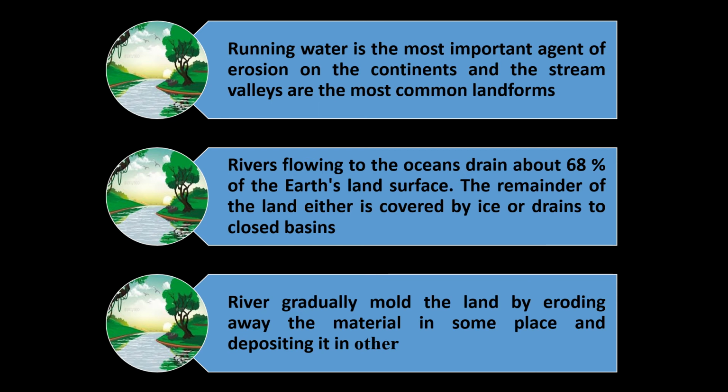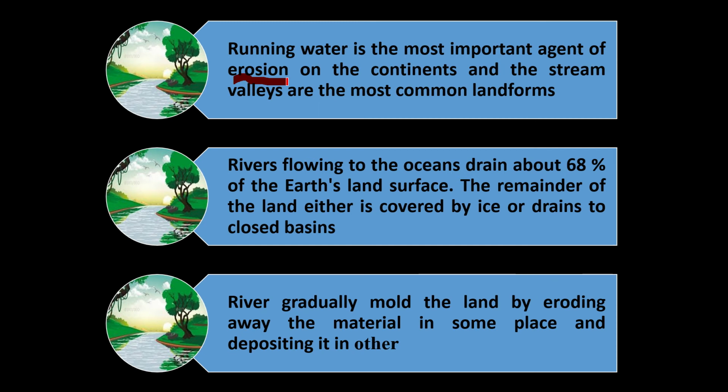So, running water is the most important agent of erosion. This is something very, very important. Running water is the most important agent of erosion. Why is it the most important agent of erosion? This is because it is flowing, and with its flow, it is carrying away or eroding away the top layer of the soil, right? So, once it is flowing and eroding,